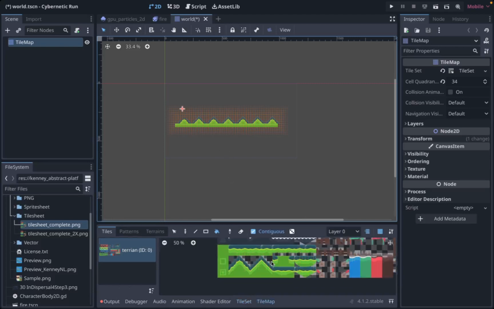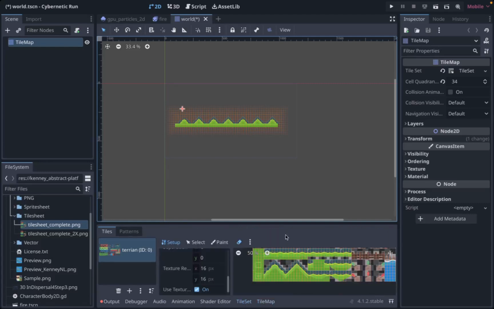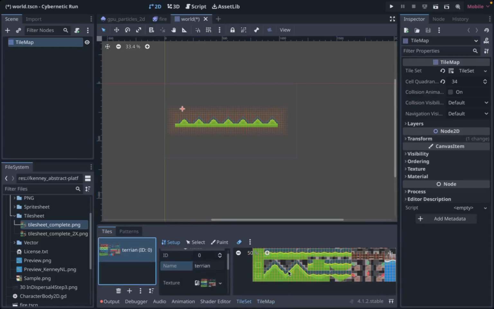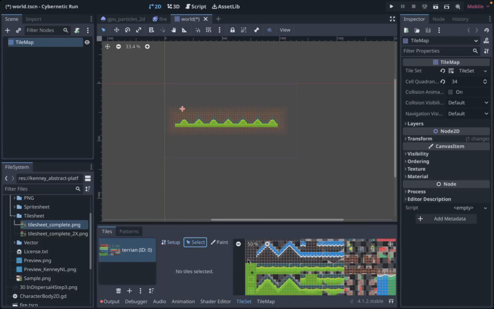Okay, so now I want to add a physical property to it. So this was good. Now I want to add collision to it automatically. So how can I do that? Now that's a big question here. Well, let's say I want to select all of this and I want to add a physics property here. So to do that, what you have to do is